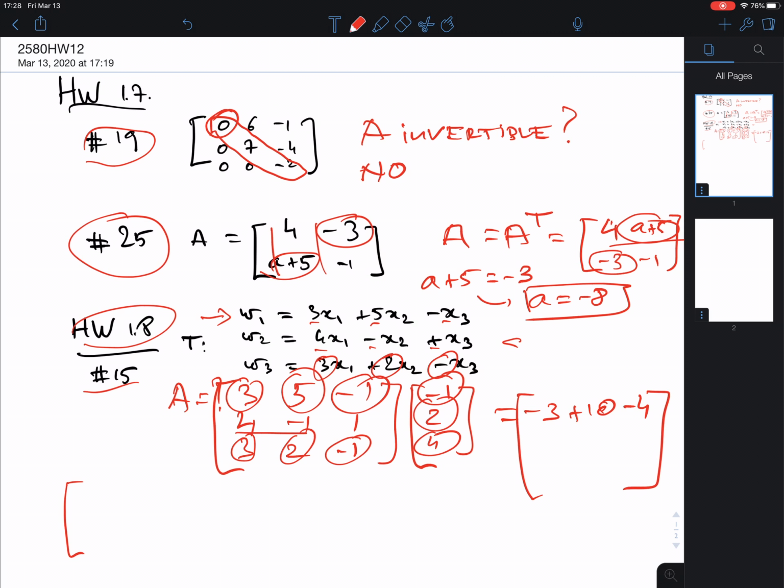The second, now we do the second row, we do these two. I'm going to just write down the numbers, minus 4, minus 2, plus 4. And then the last row, this row times this column, is minus 3, plus 4, minus 4. So this would give me in total, with the first one we had already 3, the next one is minus 2, and the last one is minus 3. So that's the image of, so this is T of minus 1, 2,